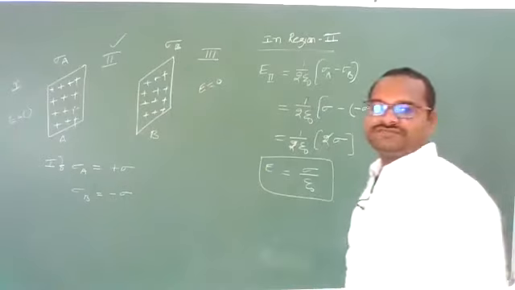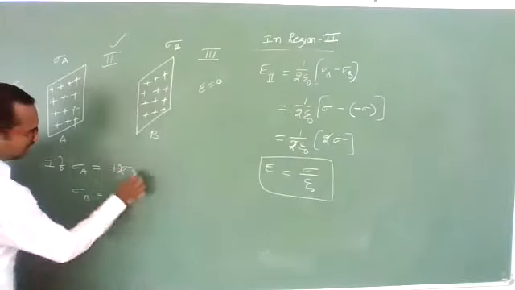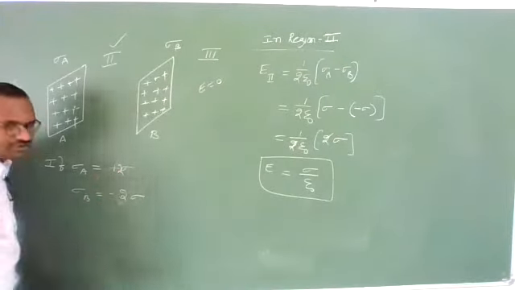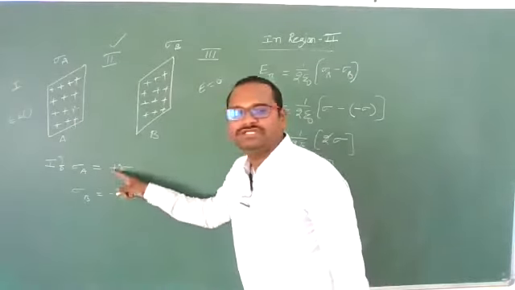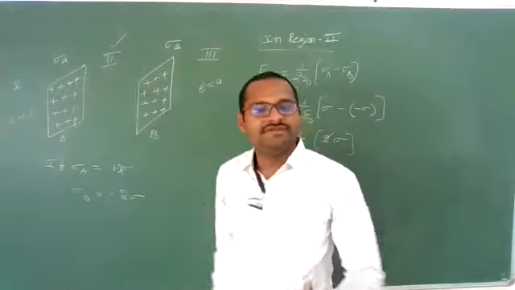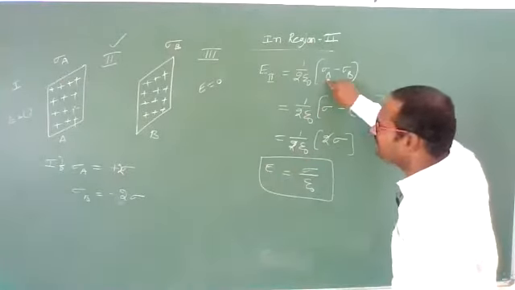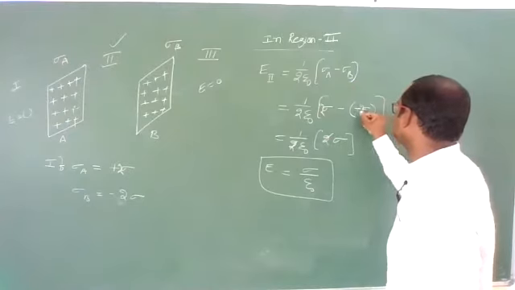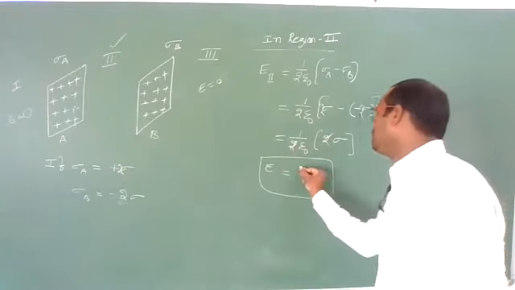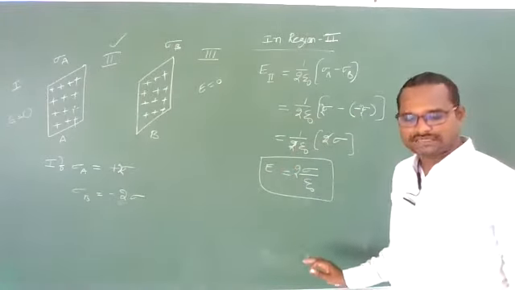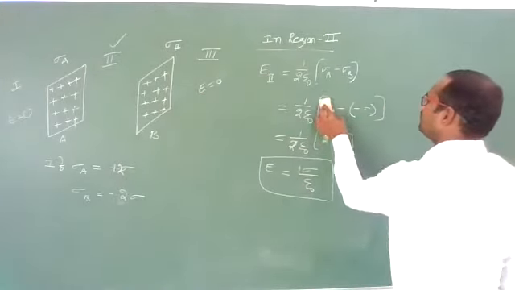Okay. Suppose you have 2 sigma here and 2 sigma here, opposite in nature. Then again, because both are equal in magnitude and opposite in nature, on the left hand side and right hand side the electric field will be 0. Only in the middle region will the electric field be there. How much? Sigma A value is 2 sigma, sigma B value is also 2 sigma, minus of minus, plus 2 sigma plus 2 sigma is 4 sigma, the 2 cancels, and you will get 2 sigma by epsilon naught, like that. Got it? But mainly you need to remember this only.